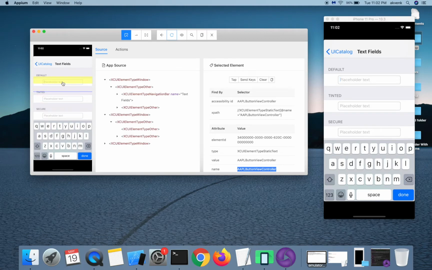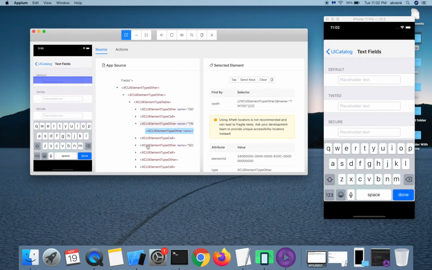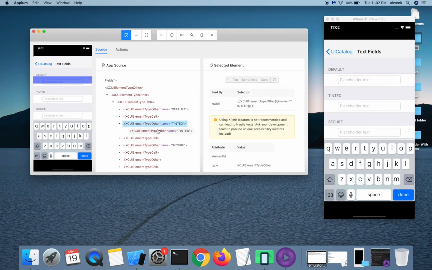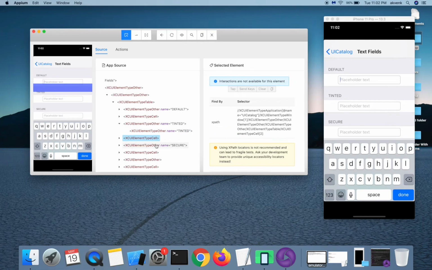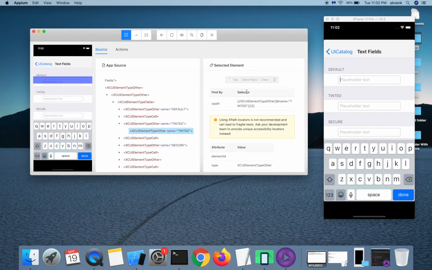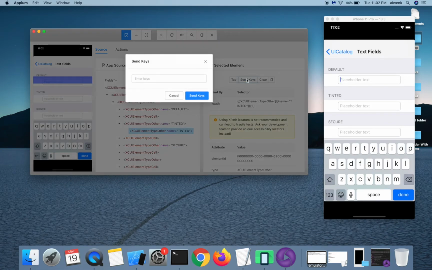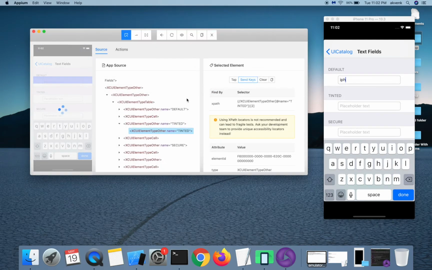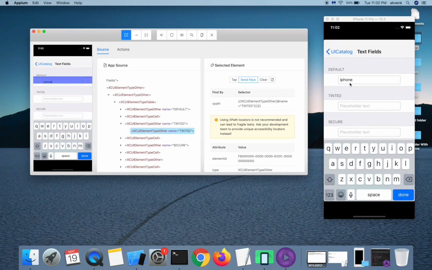Let us send some text into this field. If I click on send keys, you can see the iPhone text got input into the field and then a new screenshot loaded. So these are the basic operations of the Appium inspector.